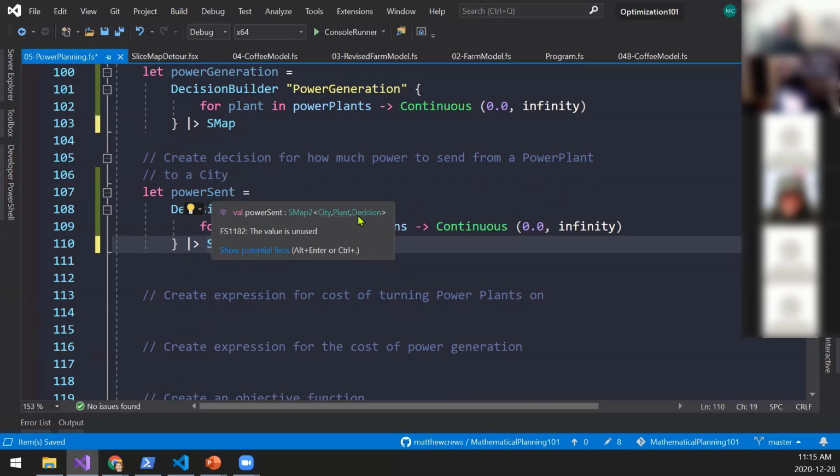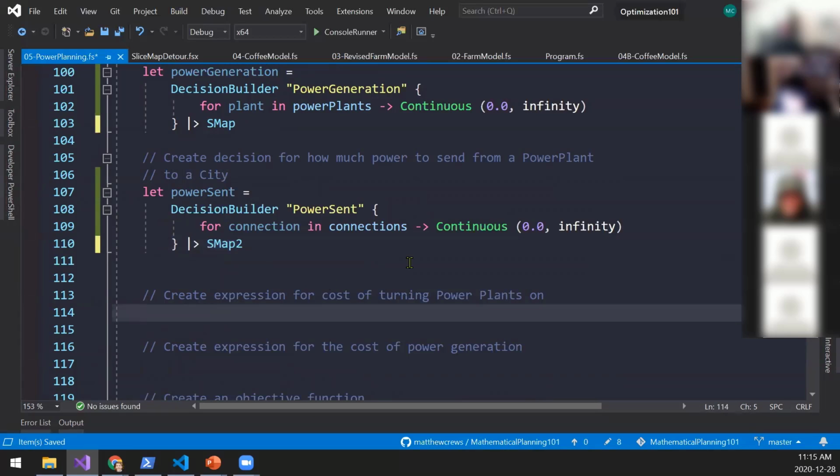So basically I'm indexing it by 2 different dimensions. You can imagine it feels like a 2D array. One dimension of the array is the city, another dimension is the power plant. But I'm using domain types to more accurately describe my problem space. Instead of just using ints as indexes, we actually have types. It is very easy to screw up indexing with these problems.